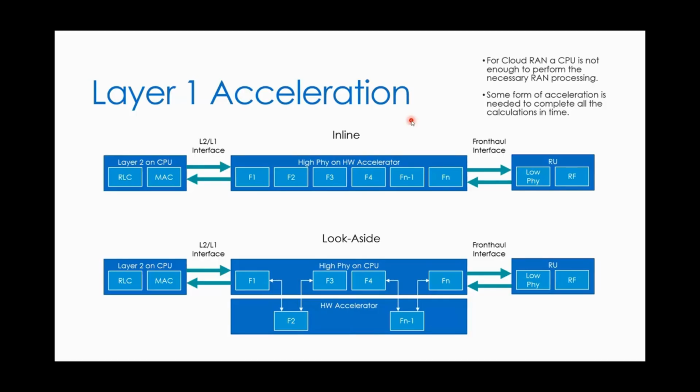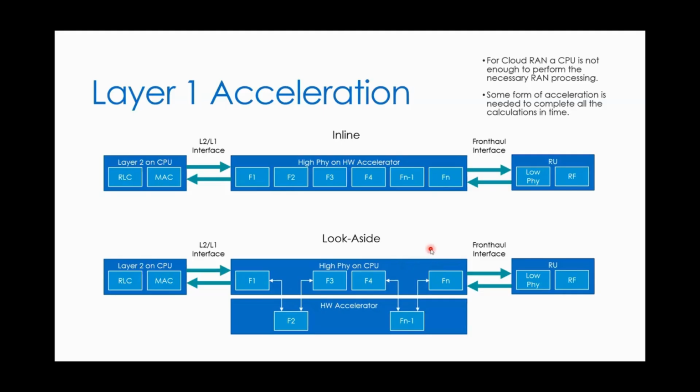And there's an industry debate at the moment about what is the right model to do this. So the first model is called inline, and the idea is you take all of layer 1 and you stick it on one of these hardware parallel accelerators. The other model is look aside. And the idea there is that I'm running probably most of my layer 1 on the CPU, but for certain functions that really do lend themselves to a lot of this sort of parallelism, I'm going to send those over to the hardware accelerator, run those, get the result back, go to my next step in the chain. And I might be sending a few of these particular functions over.